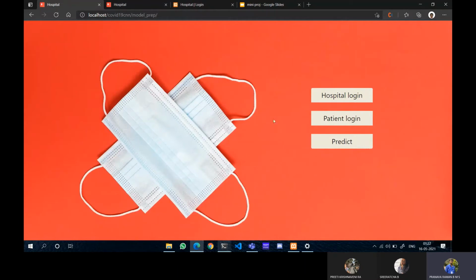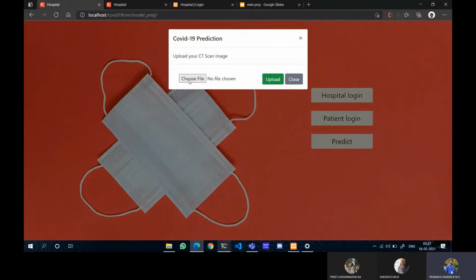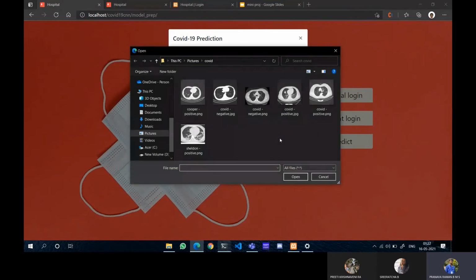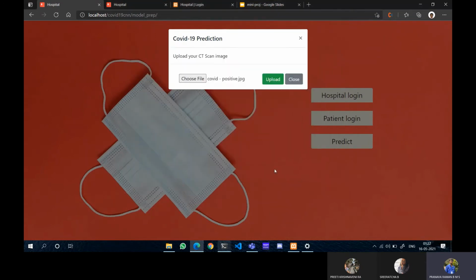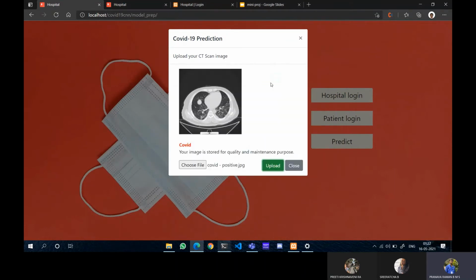The product has three views. One is for just predicting. If you have a CT scan and you want to just check if it is COVID or not COVID. So I took a picture that is COVID positive from the internet, which is not from the database that I trained this with, and now it shows that it is COVID.